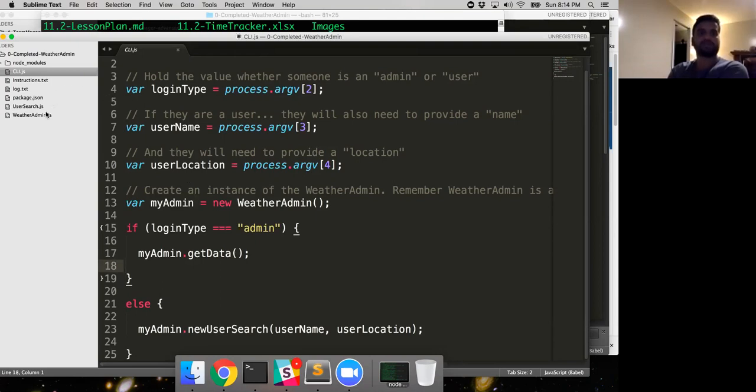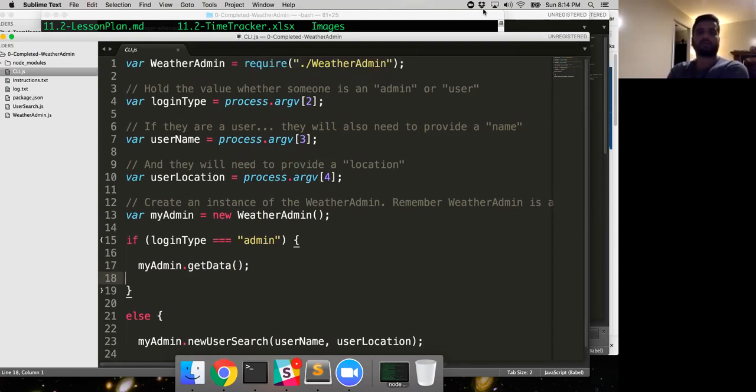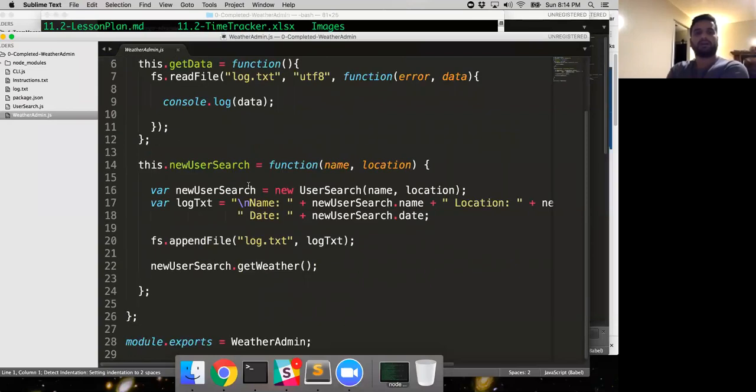So if we go into our weather admin, notice that we required it. And from Node, you have to use this dot slash. This represents where we currently are, and this is the path to it. If it's a JavaScript file, it does not need to have the extension at the end. It's assumed. So if we go to our weather admin, we use this CommonJS, let's